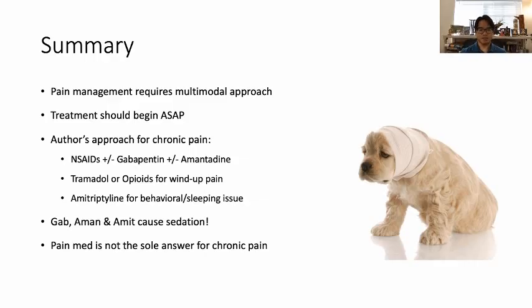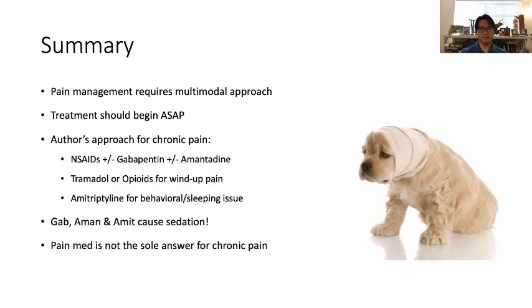Let's say the patient has been doing well for a while and suddenly becomes acutely painful, and you think there's wind-up pain, then I would give a short course of tramadol. If it is very severe, then I might consider giving injections of opioids or a fentanyl patch, just so that I can get the wind-up pain under control as quickly as possible. If the patient has some behavioral issues or sleeping issues, I might consider giving amitriptyline because it also sedates the patient,